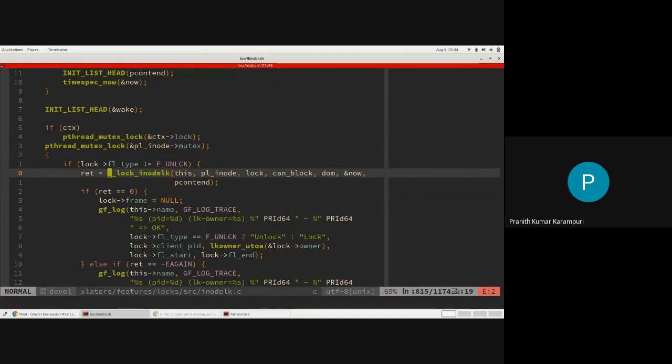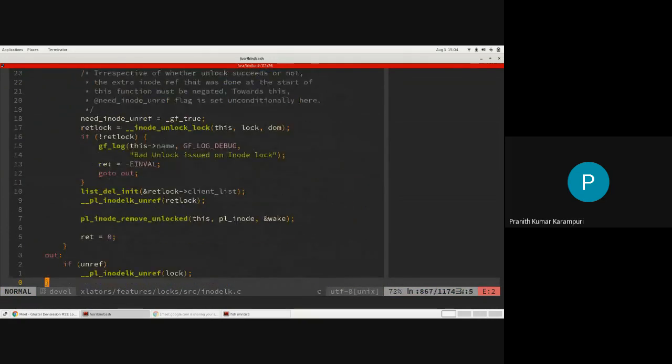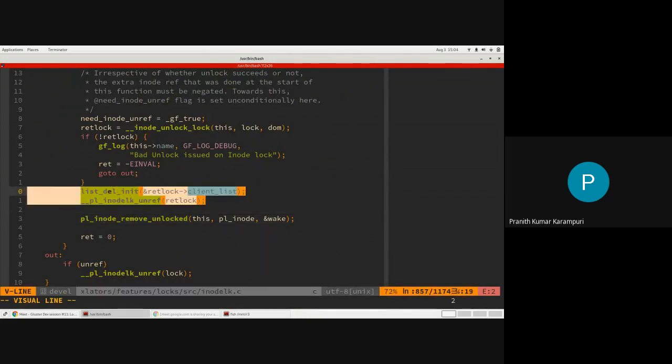And once the unlocks happen, we have to look at the unlock code. Yeah, so this is the unlock code. And this is the code that we saw in the last session.